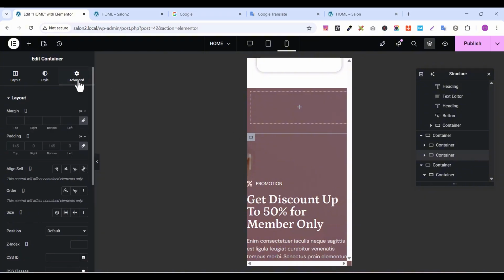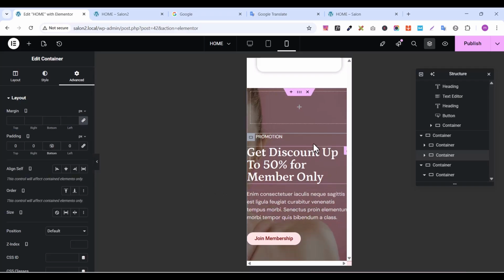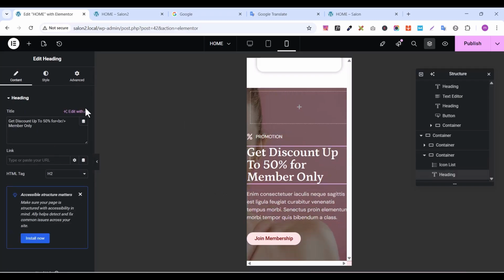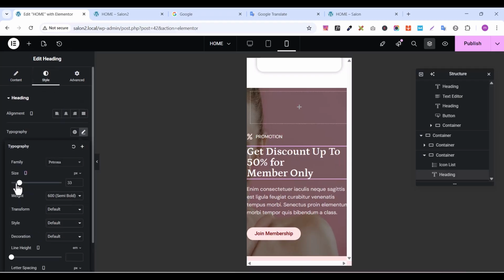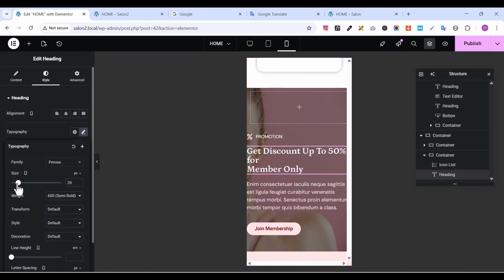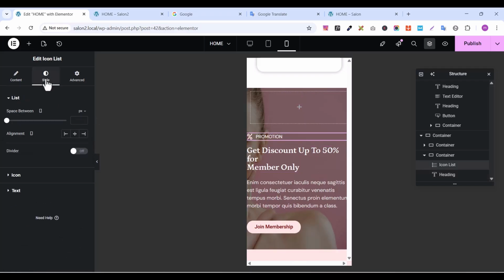Let's go to advanced, and let's uncheck this margin. Let's give it a bottom margin of 50. So here, let's decrease the sizes of this text by going to typography. So I hope by now you'll be able to make any website responsive. Just follow the same method. All right, so let's make